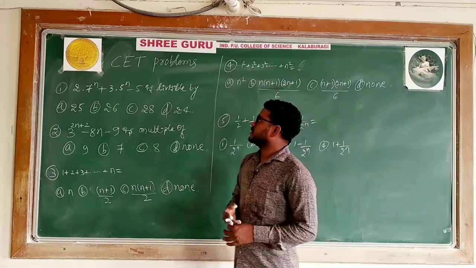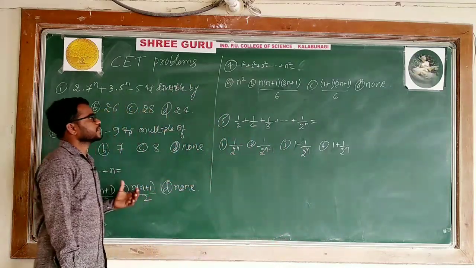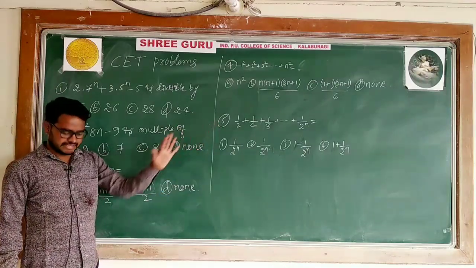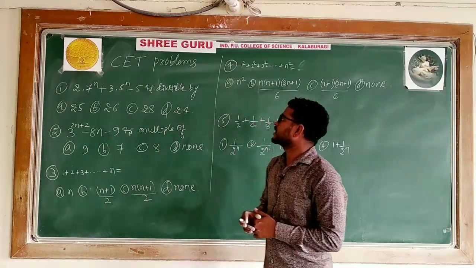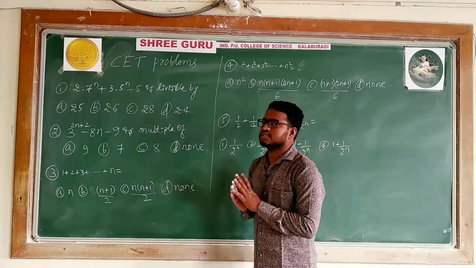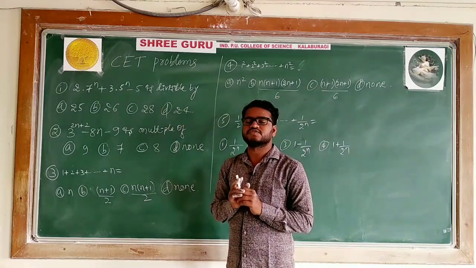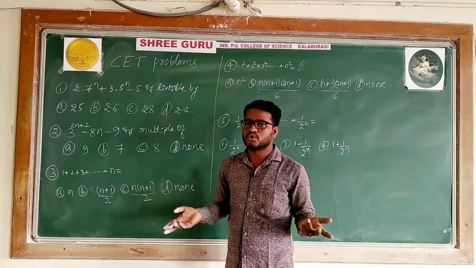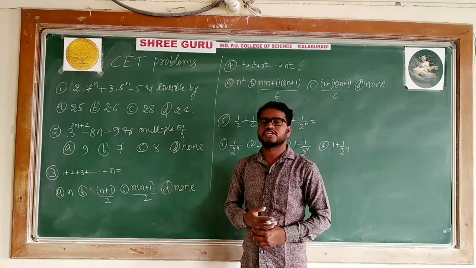So I am taking some problems here. I have some 5 problems. I wrote 5 problems here. You can copy these 5 problems related to CET. In the case of mathematical induction, if you want to verify the problem, whatever is given, you check. You can take n equal to 1 in the given statement and substitute. If it is satisfying, you can say it is true. If none of the given options is satisfying, in that case you can decide none of these.